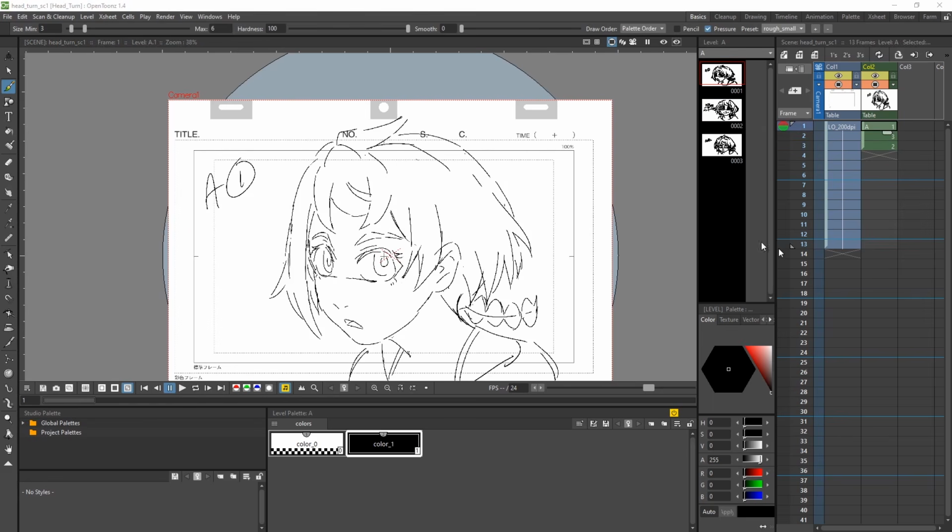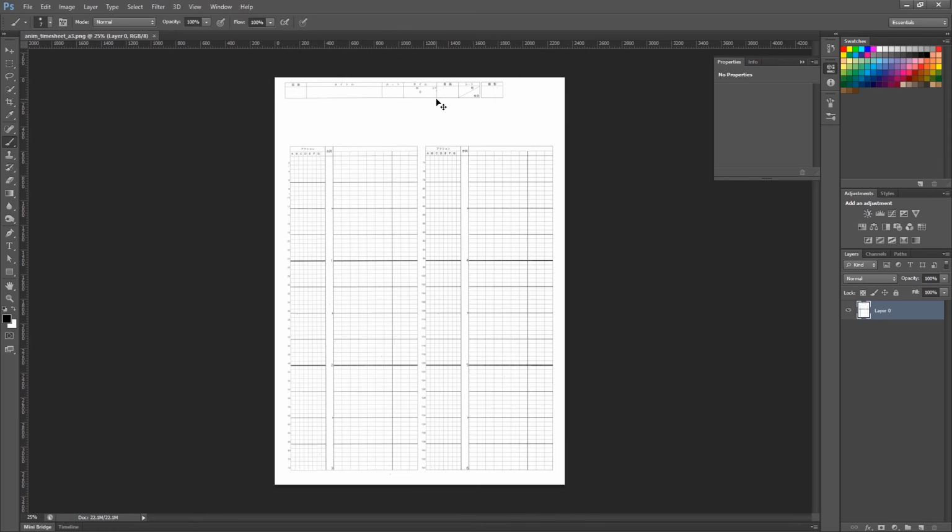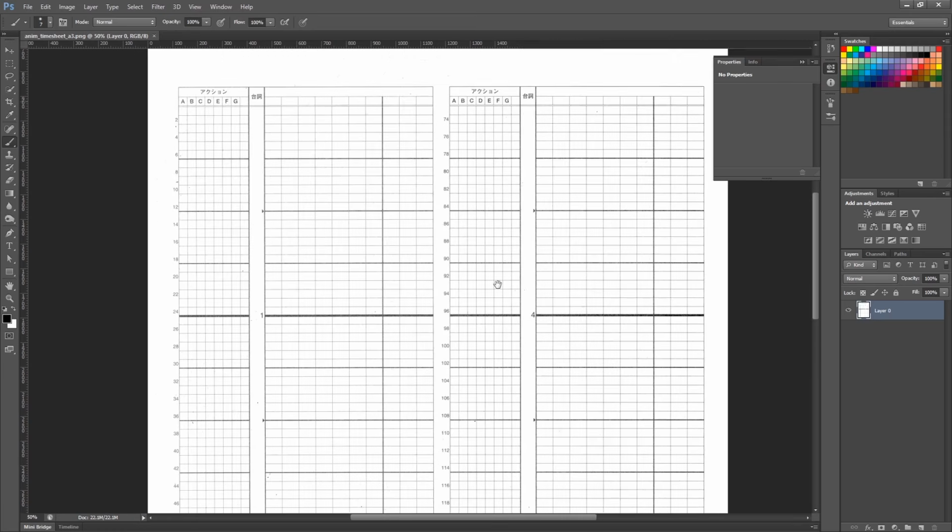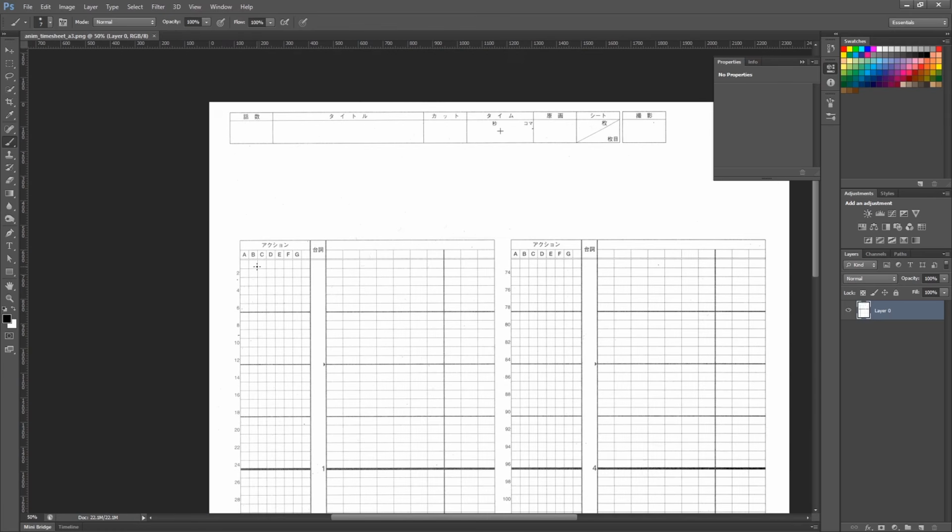This is an optional step, but I like to plan out my animation on a timesheet. Find a link for this below if you would like to use it. I did a video series on how to write these, but in general, on the left we have a column